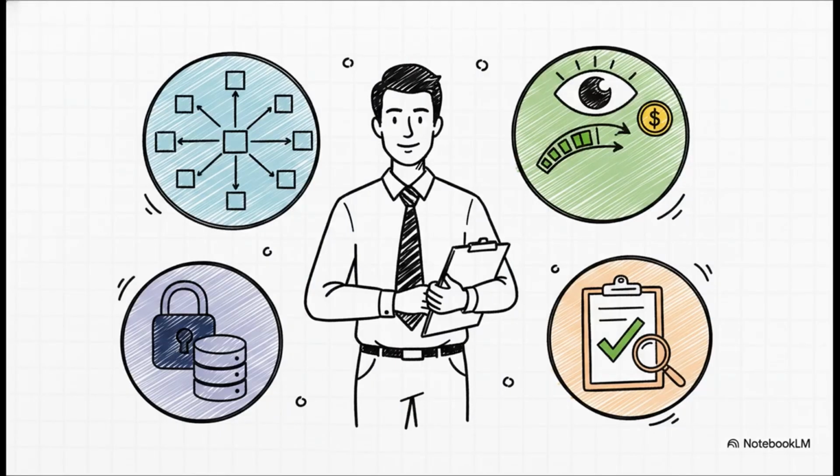And of course, as a manager, you have new, much higher level responsibilities. Your focus has to shift toward designing scalable architectures. You absolutely must rigorously monitor your API token costs, because I promise you, one small infinite loop mistake can turn a tiny server bill into a massive financial disaster. You are also the one ensuring security, making sure you give the agent the least privileged access possible so it doesn't accidentally delete a production database.